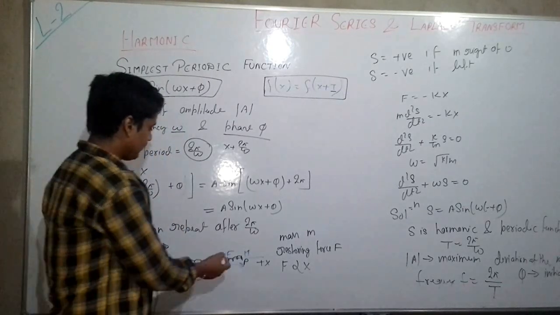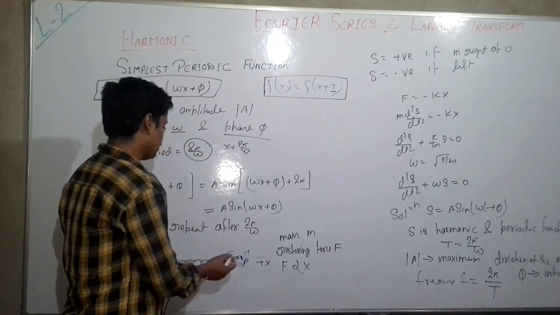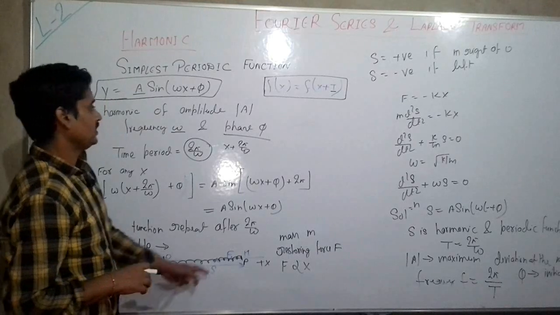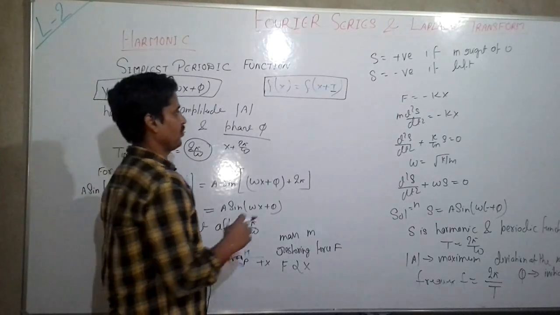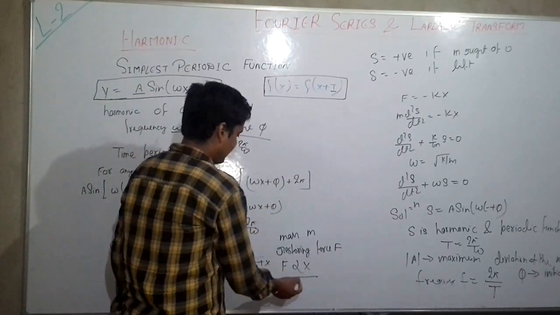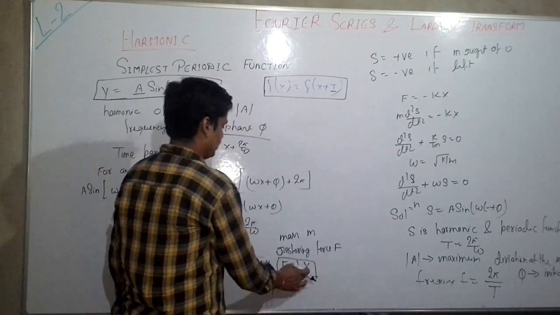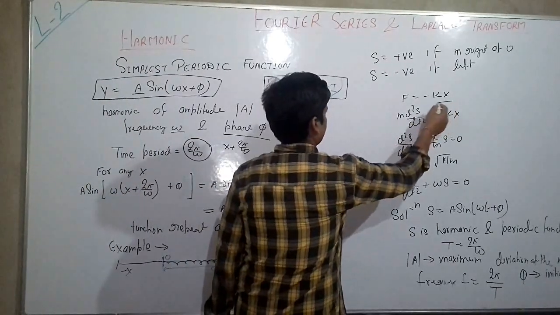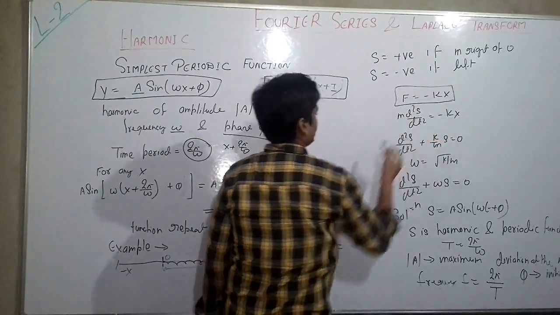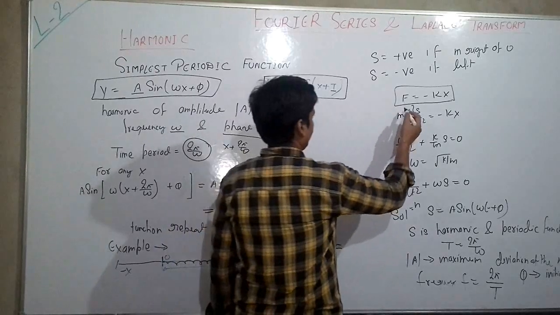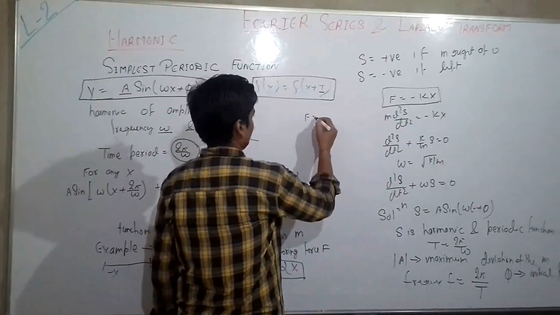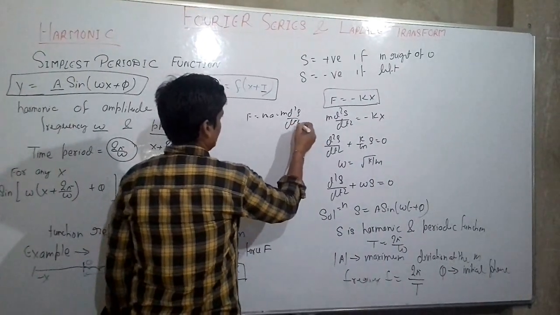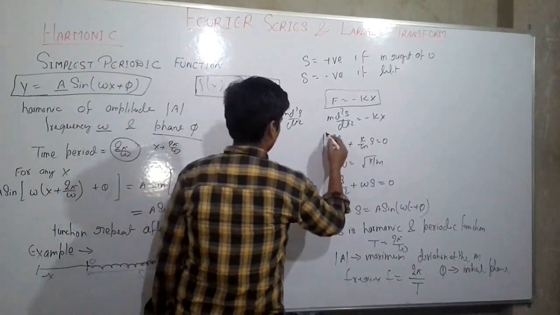Now there is also a restoring force acting on the mass m. This restoring force is proportional to displacement. It means F is equal to minus kx, where k is the spring constant. If we plug in F is equal to ma is equal to m d2s by dt2, we will get a differential equation,